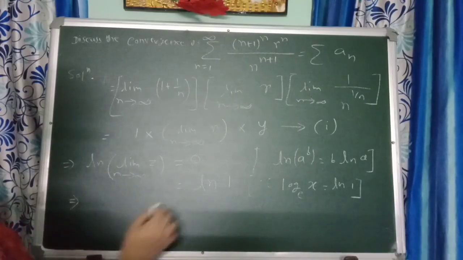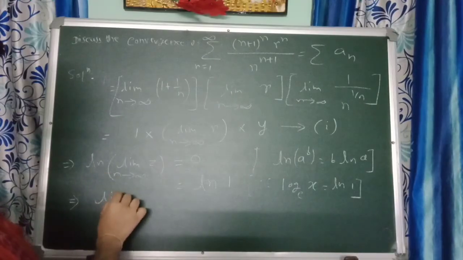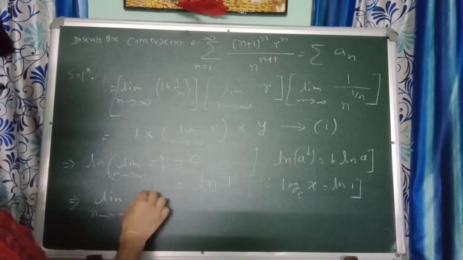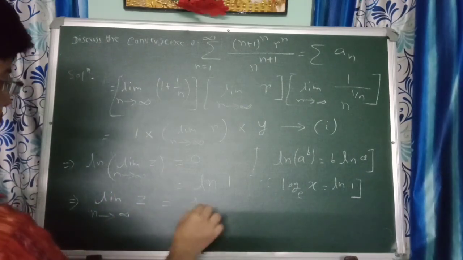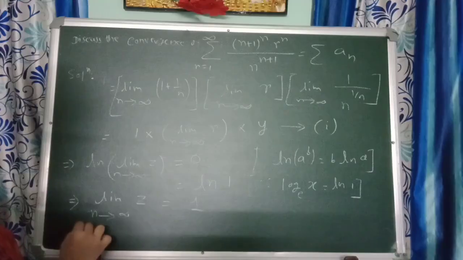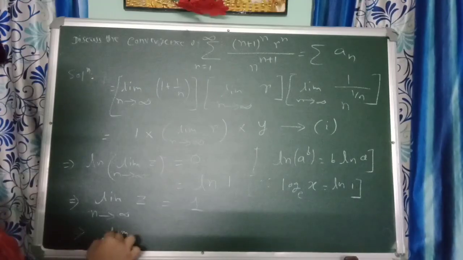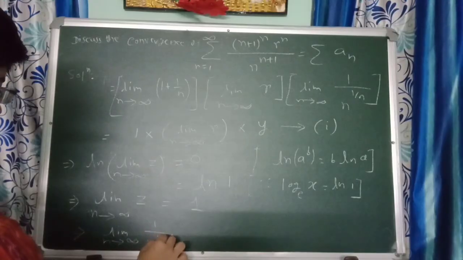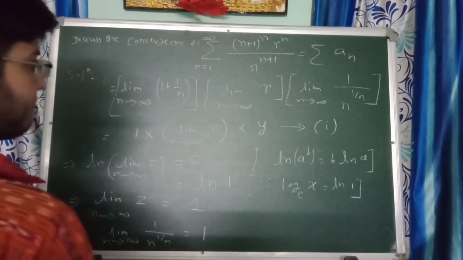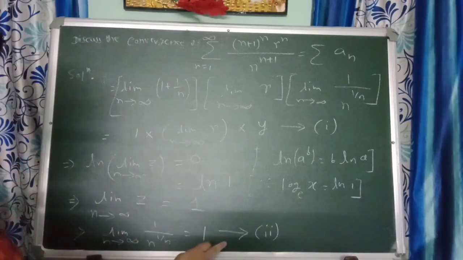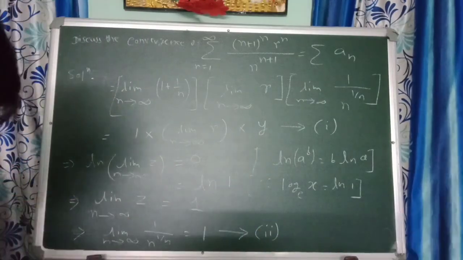Taking anti-log on both sides, we finally have limit n tending to infinity z equals 1. That is, limit n tending to infinity of (1 by n) to the power 1 by n is 1. So using 2 in 1, we finally have